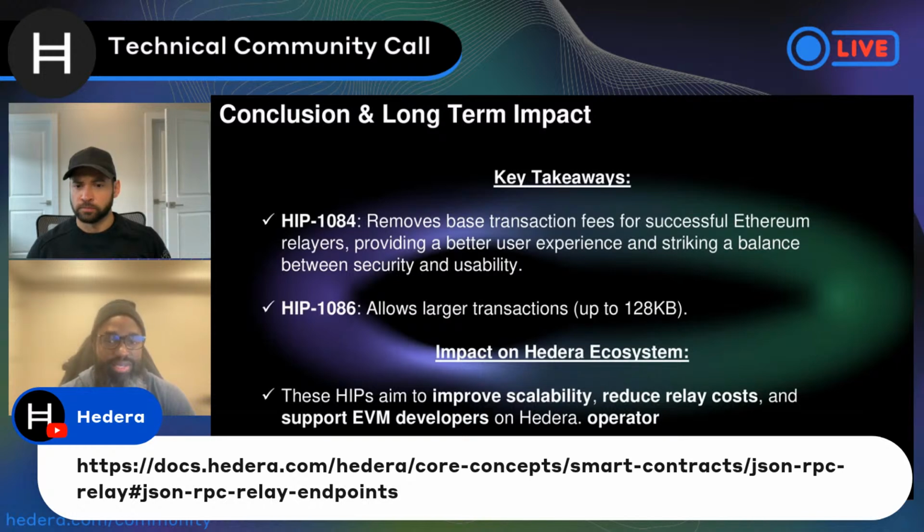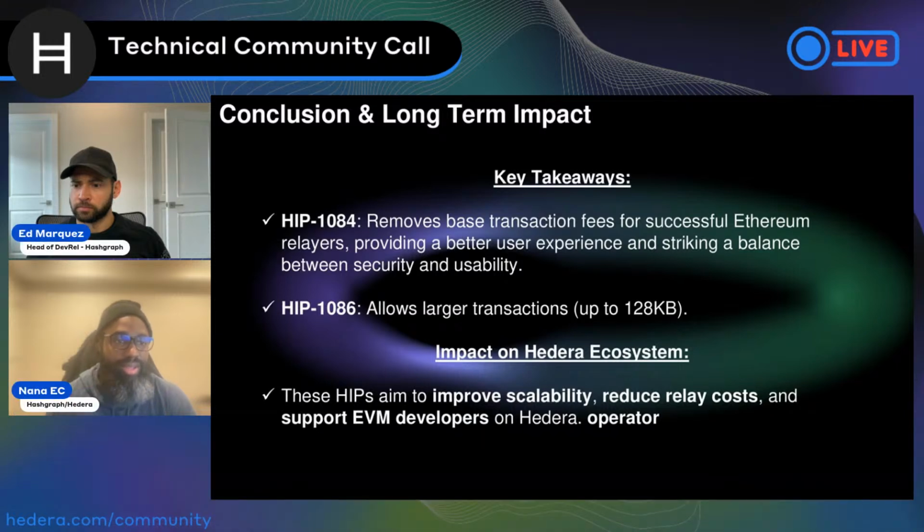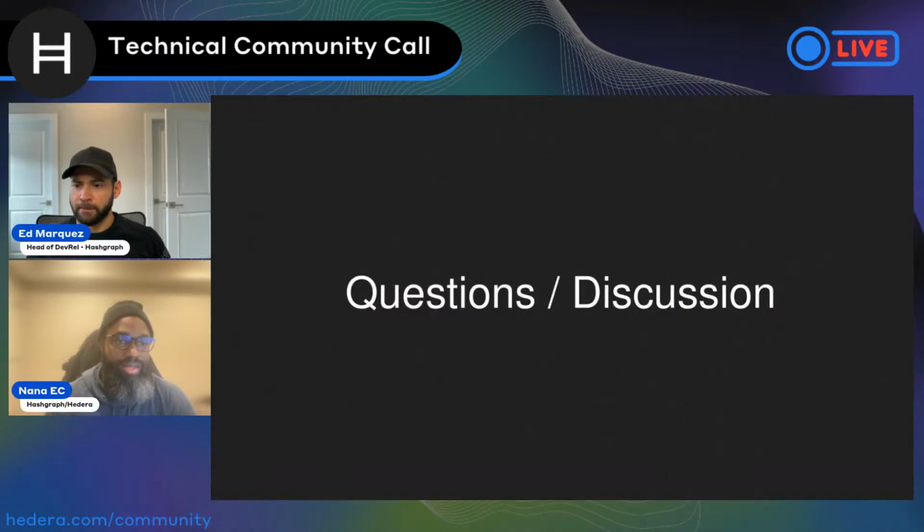And the same with 1086. That being said, the extra call data or the extra bytes are also covered by the EOA so far as it's well formatted, and the network should be able to cover the same speeds that we manage with everything else. And so that's those two HIPs. I hope that was helpful and informative.